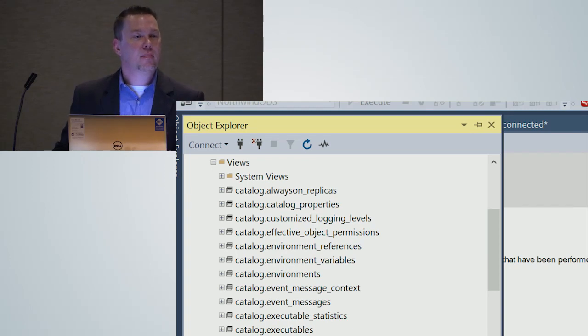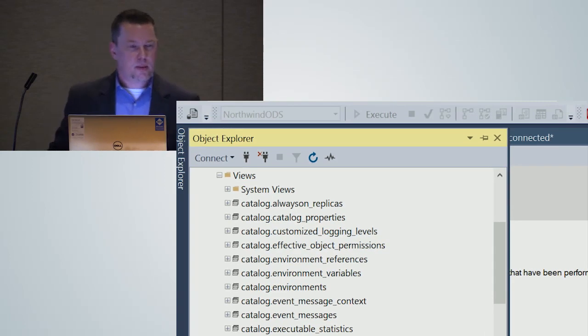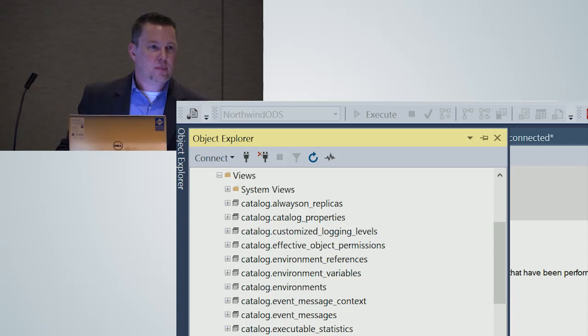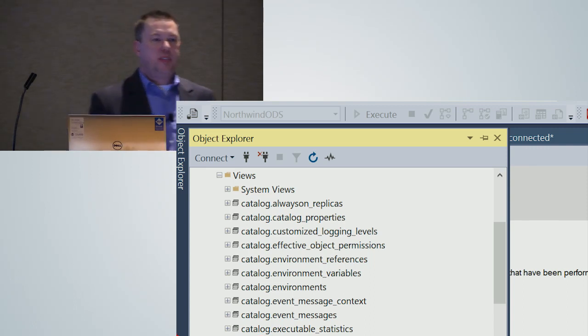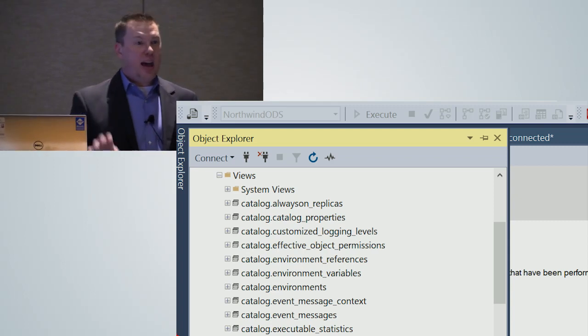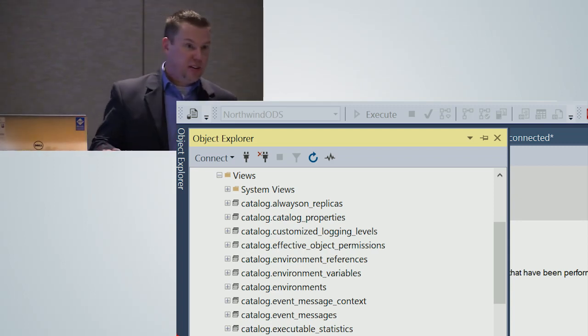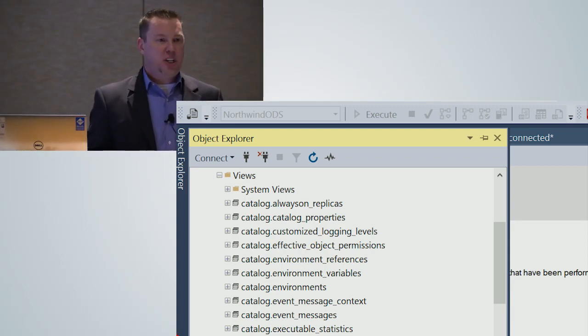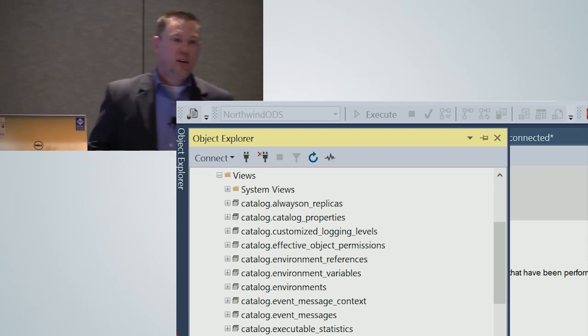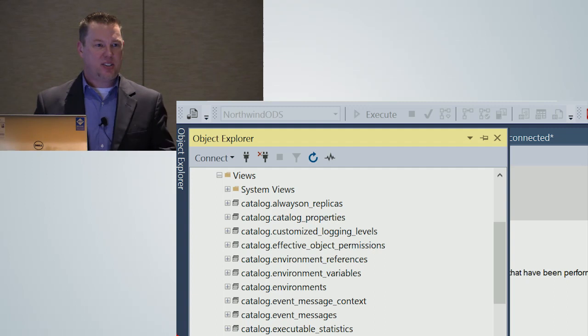Yes, sir. You indicated previously that when you push an SSIS package up, it's basically deploying to an SSIS catalog. Correct. Is this accessible in any way? Great question. The question was, if you push this up to the Integration Services runtime, do you have the same functionality? The answer is yes. It's still a virtual machine behind the scenes. It's still an SSISDB behind the scenes. So all that reporting is accessible in exactly the same way if you're using the Integration Services runtime, not Azure Data Factory proper, but just the SSIS packages.